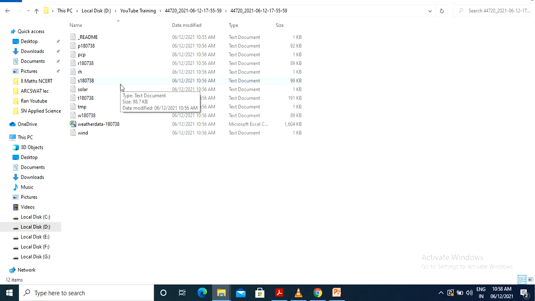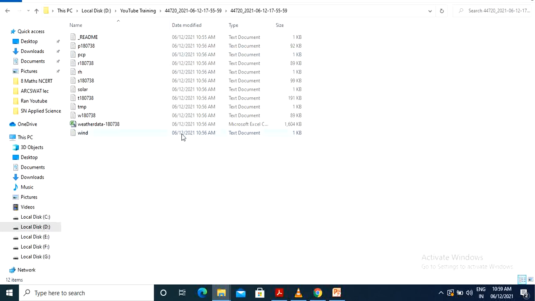While you add the weather data for the SWAT model, you need this file, the PCP file. Okay, so this file we are going to update in the SWAT model at the time of processing. So this is the first method to download weather data from the Global Weather Data site. This data is already available in the required format as per the SWAT model.